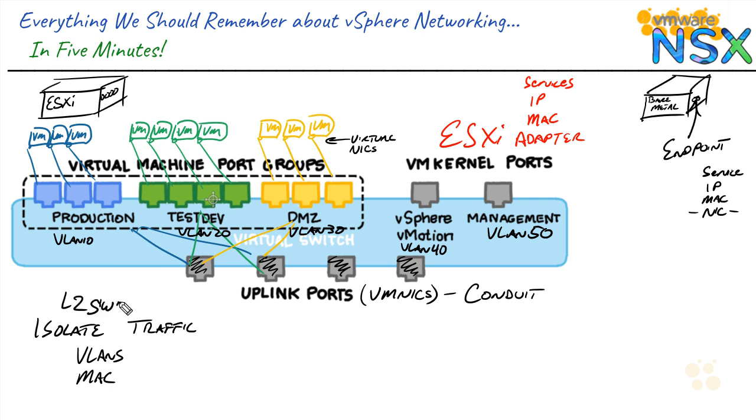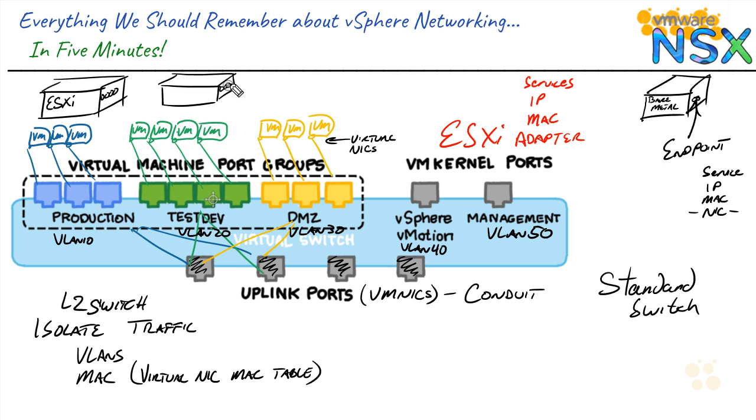Remember, this is talking about a layer 2 switch. The MAC address table is not built dynamically, though. It's just based upon the virtual NIC MAC addresses stored in the ESXi table. So what about scalability? With a standard switch, every ESXi system that needs to have a similar configuration will need to be manually configured. With equivalent virtual switches created, virtual machine port groups and VM kernel ports associated with that virtual switch, uplink ports associated with it, and you can see we have a very trying process,